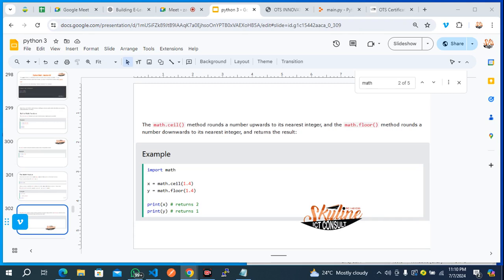So before we move on, let's start with random, round and random, then floor division. I don't want to do all those ones because these ones are a bit